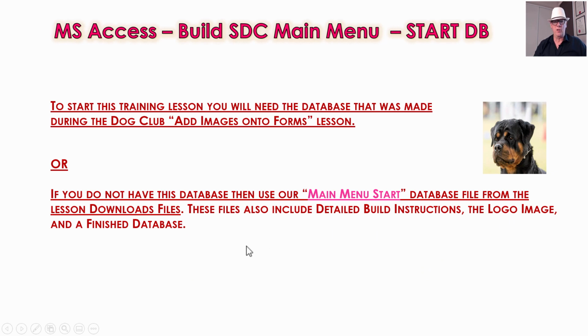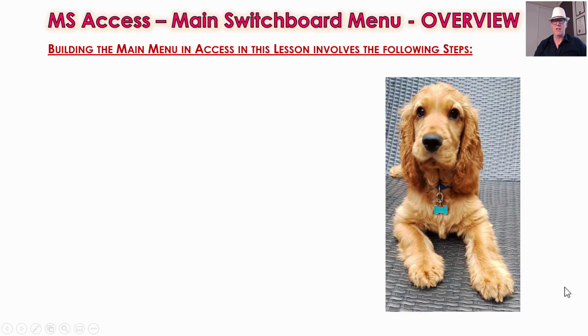You get the logo image, you get the picture of Murphy to use on the menu, and you get the start database to start the lesson with. So building this main menu, first we have to just create a completely blank form, and we're going to build this form with our bare hands, kind of like in Design View. So this lesson will be good too, because